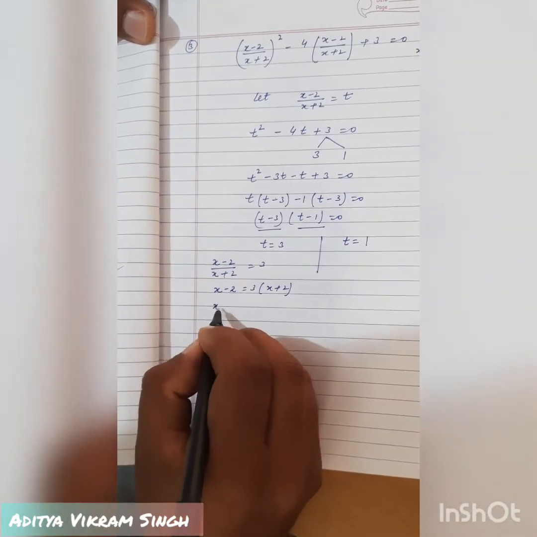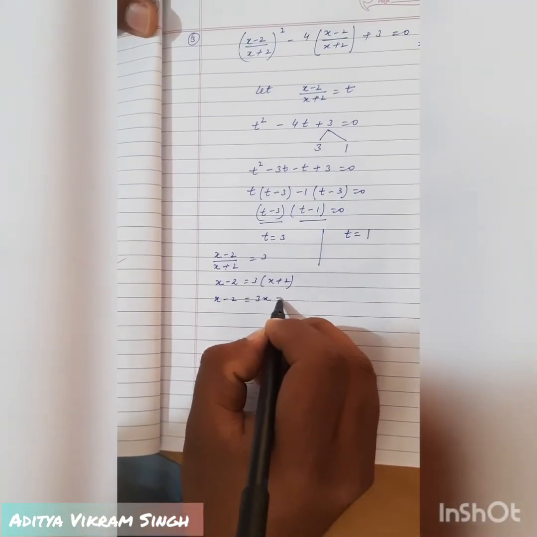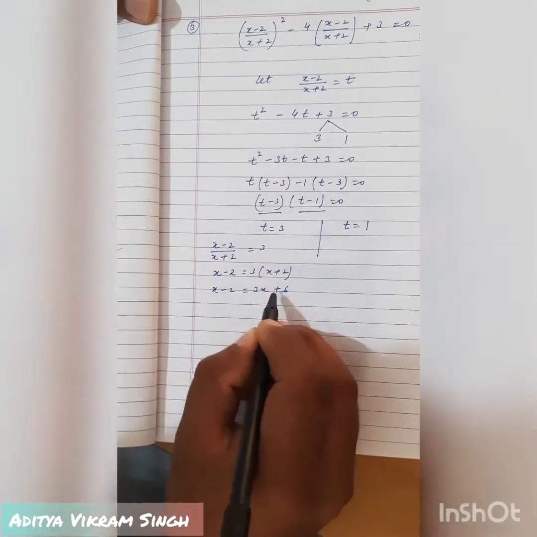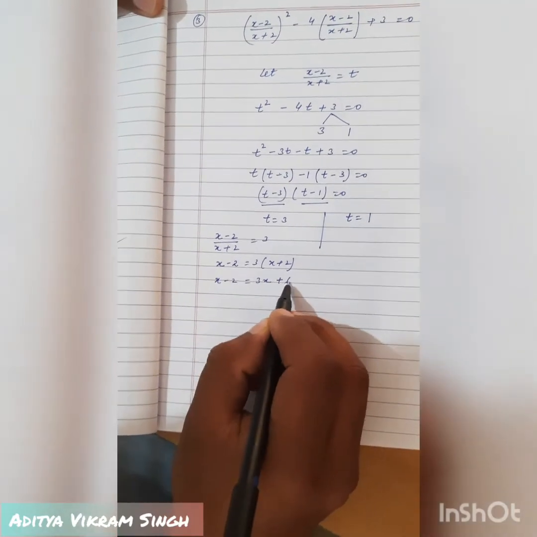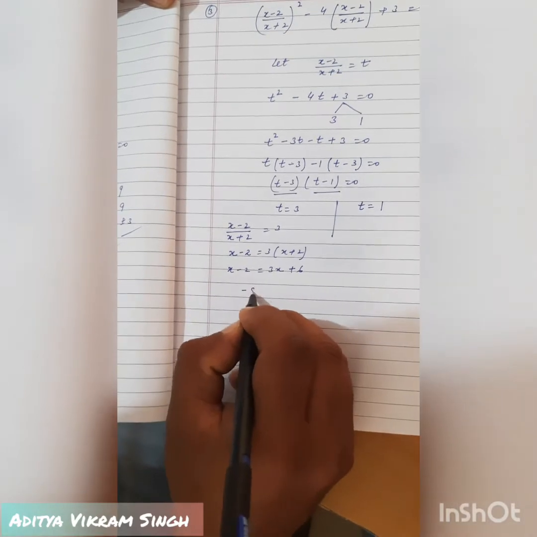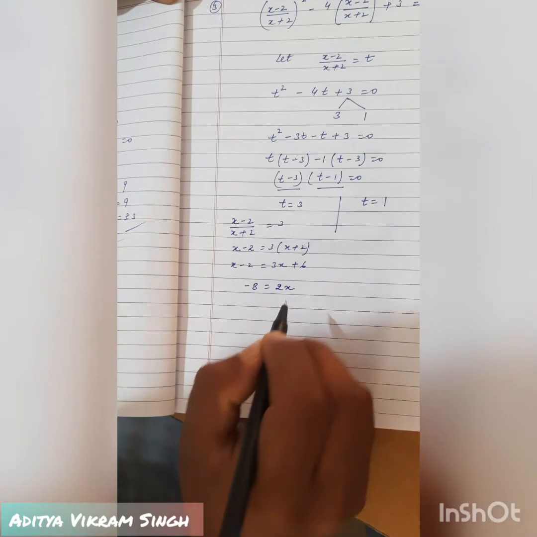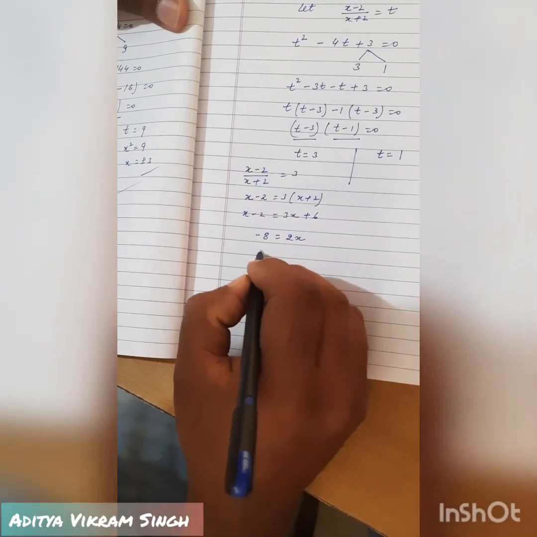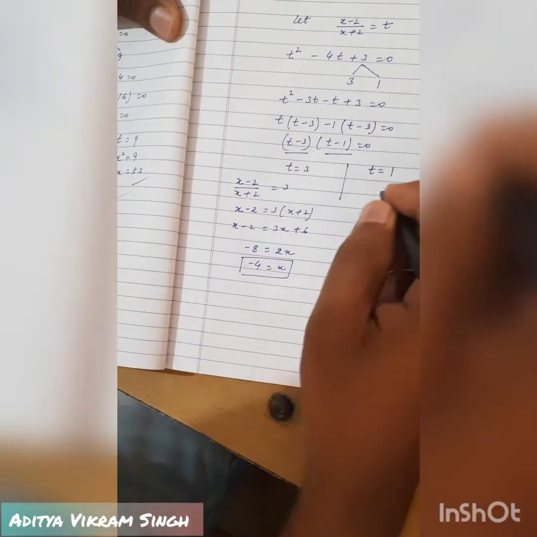We had solved this, and 3 is getting multiplied with this, and 3 is getting multiplied with this, so it becomes 6. Now what we have to do is move this x that side, then this x becomes minus x, and if we move 6 that side, then this 6 becomes minus 6. So here it becomes minus 8, and if we move this x there, then it becomes minus 2x. If we divide by 2, then we get 4. So x is equal to minus 4 is our answer from this.